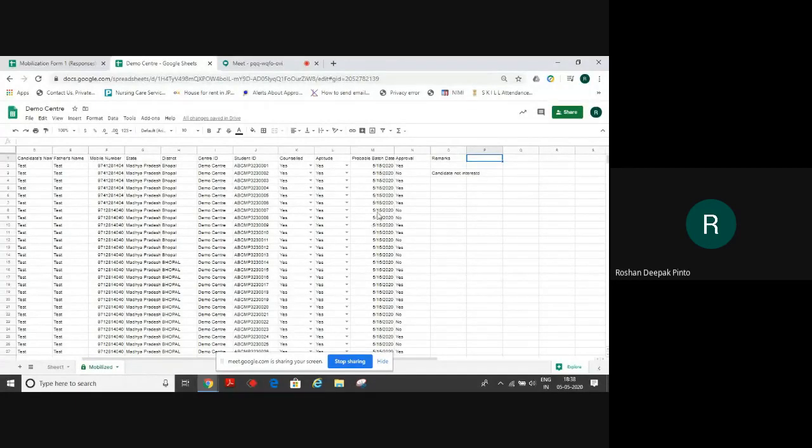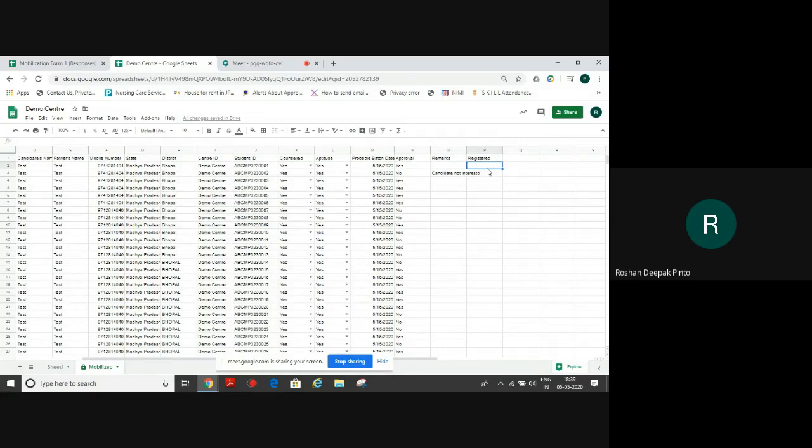Based on this decision, the placement team or the approval team gave remarks for those candidates who were counseled, whether they're ready for this kind of a course and placement or not. Now, once their approval comes, the center team has to be ready with another decision, that is to register those candidates. So after that remarks column, we will write one more column: the candidate has to be registered or not. And they have to just say yes or no.